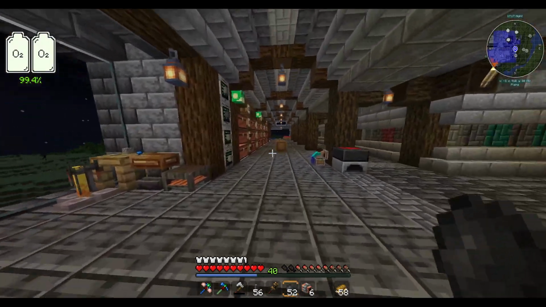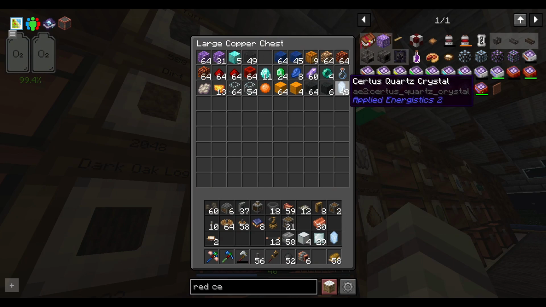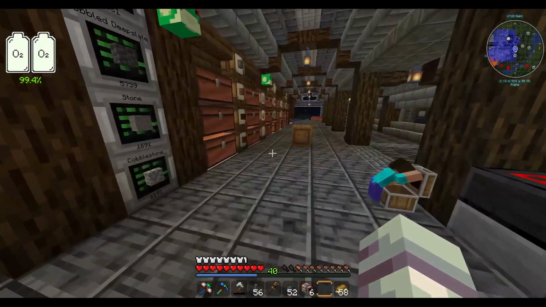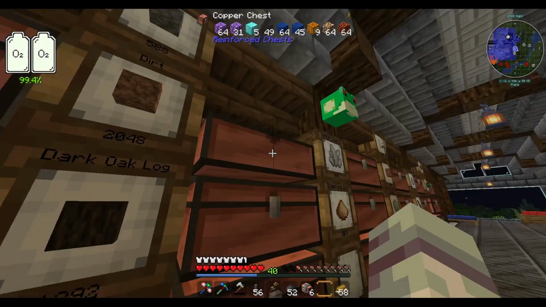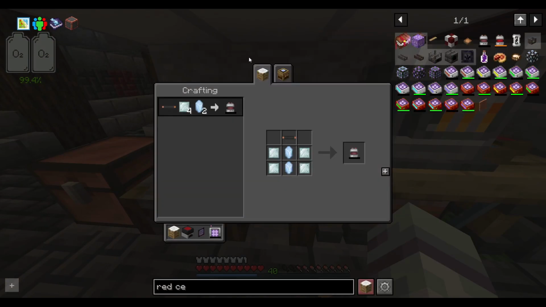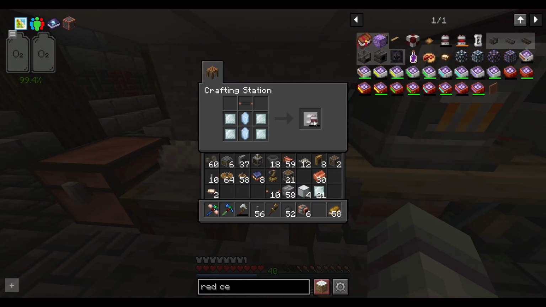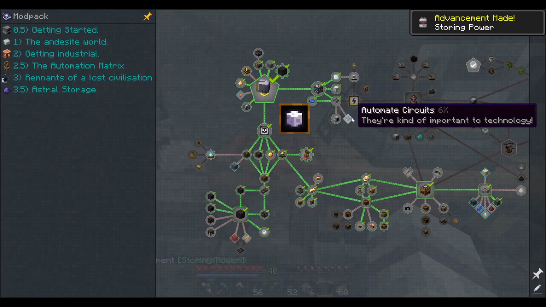I need one more piece of Certus quartz. Where did I put the 30th? 30th should be right there. I do have 2 there. I think we're going to need 2 or 3 or 4 of these, right? Something like that. All right. That is this. So 2 red cell batteries. Nice. And then in order to make...